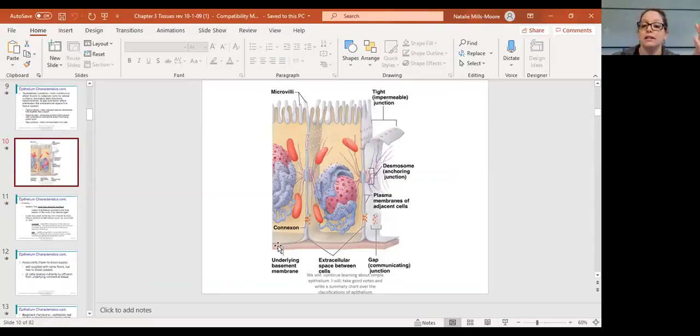And we saw that it was connected to basal lamina on the epithelial side, and then reticular lamina on the connective tissue side. And then directly below that reticular lamina is collagen. Now, collagen is very loosely based. And so collagen